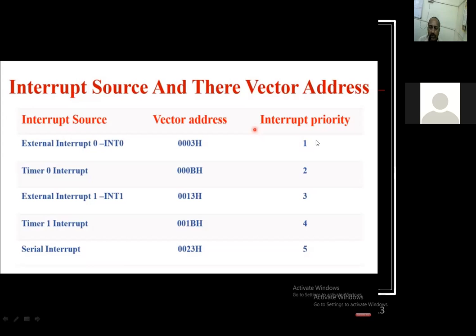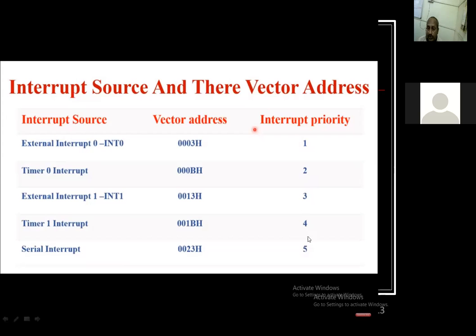And we have talked about the interrupt priority also. This is by default, but we can also change it. How? By using one of our SFRs, that is IP, interrupt priority.